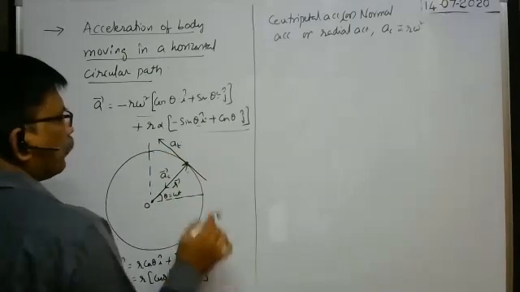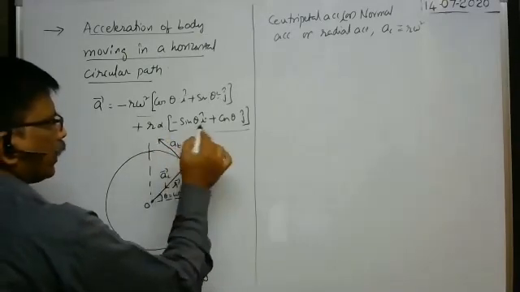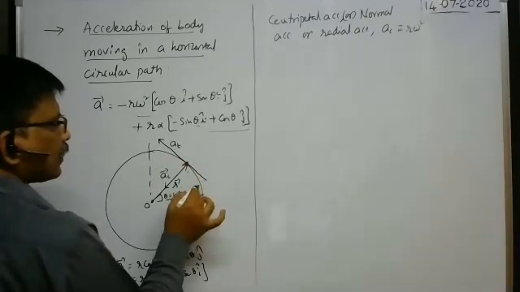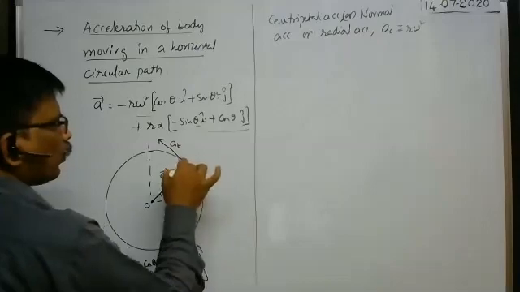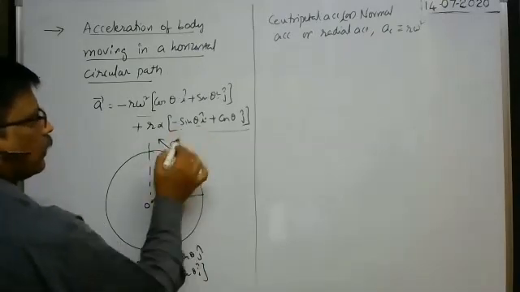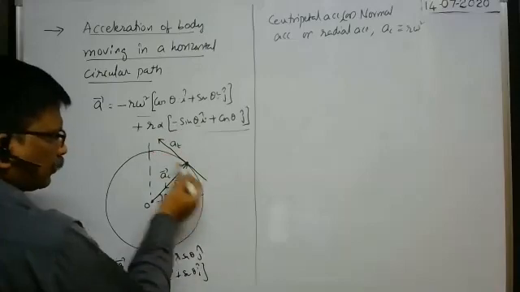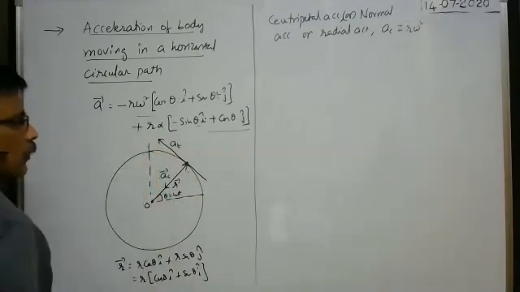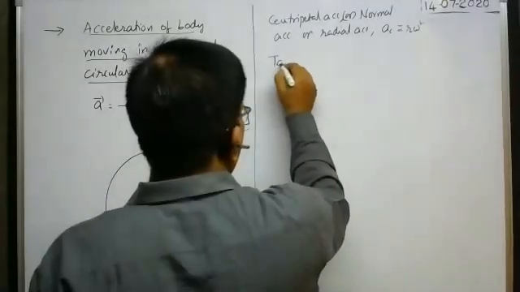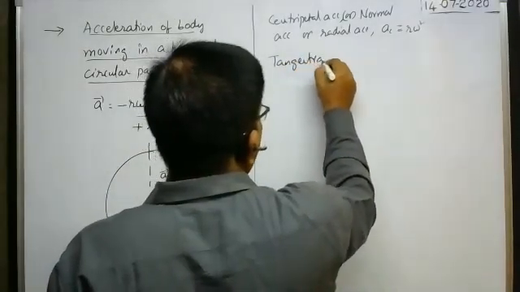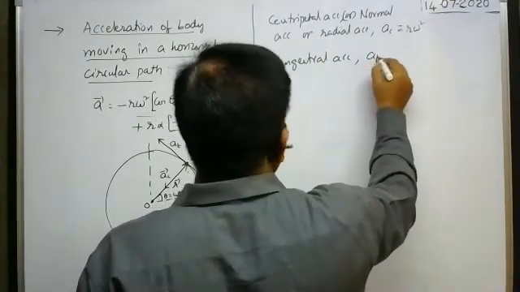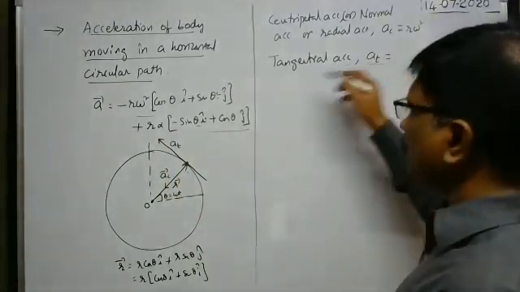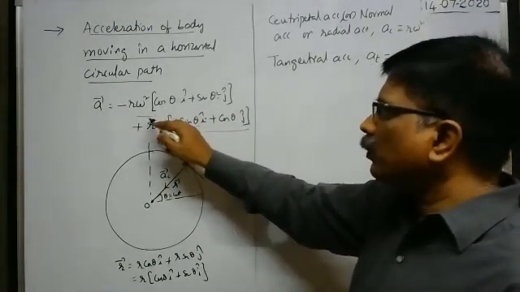That is AT. Suppose you get x component positive and y component negative, then the tangential acceleration is in the opposite direction. But in this problem, x component negative, y component positive means the acceleration component is along the tangential direction, in this direction. So the tangential acceleration AT is equal to, we got, the component here, R alpha. Of course, you write tangential acceleration AT bar is equal to this one.